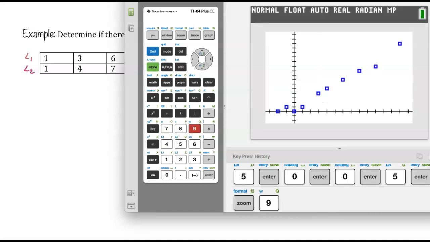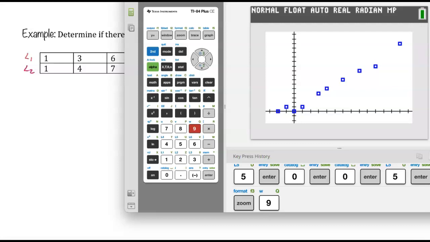This picture looks a lot different from our last one. These seem to have some type of linear correlation. They seem to be following a line, and we could pretty well approximate it with a straight line. Let's head back to the example and prepare to run our hypothesis test